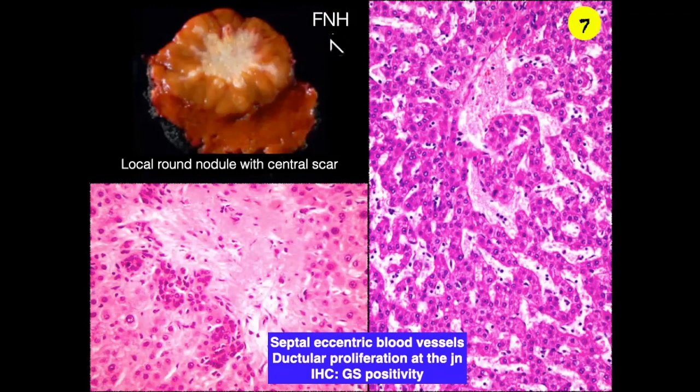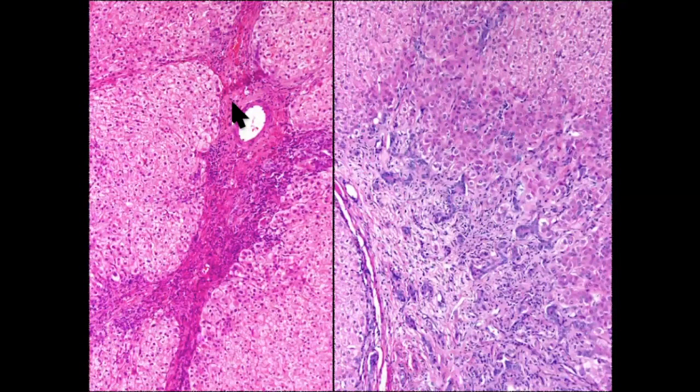Focal nodular hyperplasia, even though there is a nodular hyperplasia of the hepatocytes, is a lesion of the blood vessels. Here in the central septal areas, you see abnormally dilated blood vessels. The other name for this is focal cirrhosis. It will exactly look like biliary cirrhosis, but it will be very focal, where the hepatocytes will be more than 2 cell layers thick. Bile ducts are seen only in the periphery of the lesion, and you see abnormally dilated blood vessels in the fibrous septa, and biliary ductular proliferation can be seen in the periphery.